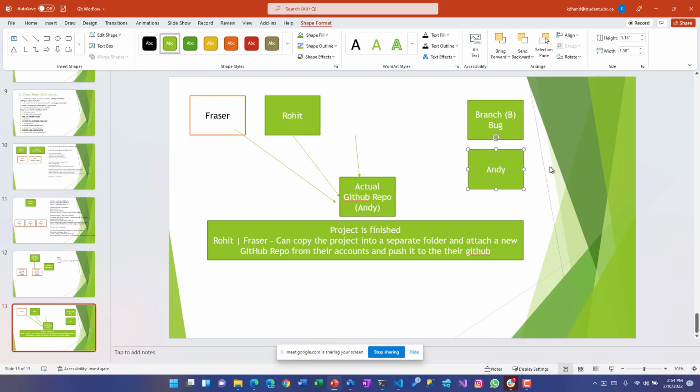At that time, do we need to merge from the master, or still continue on the branch? You can still continue with your branch B, because that branch was already merged with the master, so you have the same thing in both cases. So you can work on the branch bug, always this branch. Because merging always helps you to keep your branches and master synchronized. Once it is merged, you'll get the same thing on both sides.